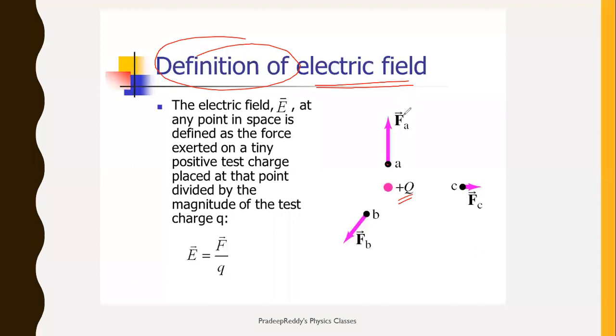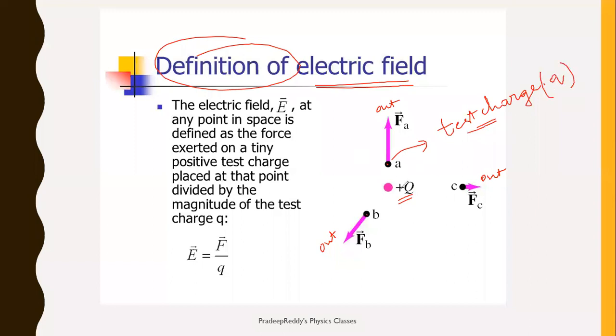Say I am placing one test charge at position A and that is positive. Definitely there is force FA outward. You are taking another test charge which is placed at B, and here also it will be tending outward. And at this point C, it is tending outward. All these points represent the direction of the force on a positive test charge placed within the vicinity of capital Q charge. Now this force is experienced by a test charge, right? And this test charge is represented with small q.